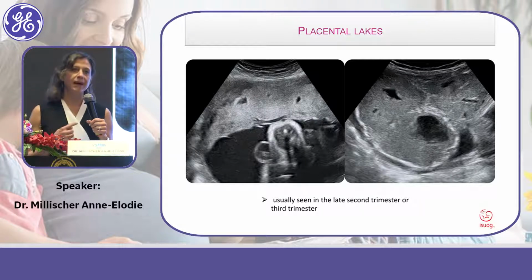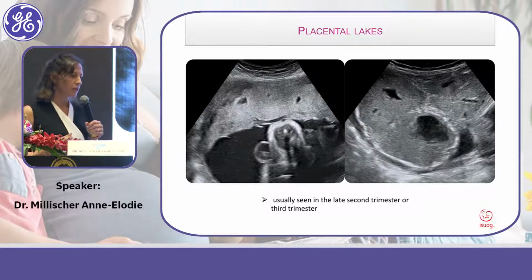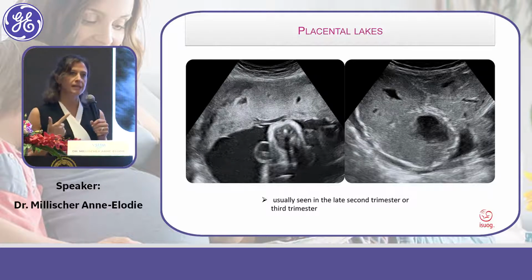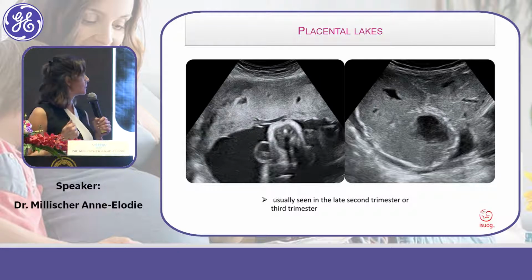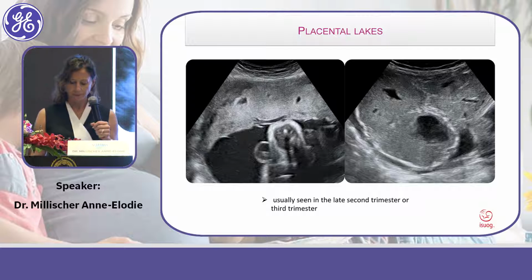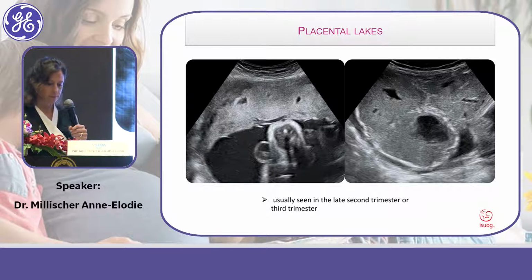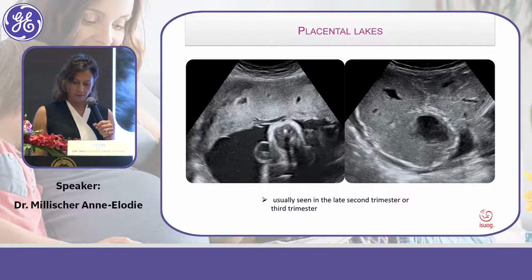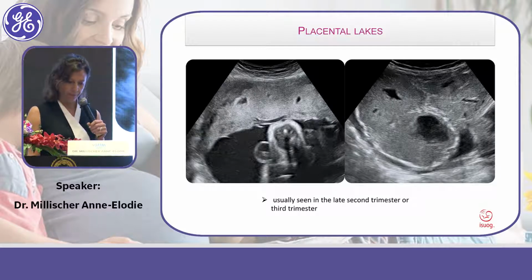We have to keep in mind this kind of picture to be able to differentiate those lacunae with the lacunae present in placenta accreta. Đây là một cô muốn nhấn mạnh là đây là những cái đặc điểm mà các bạn nên phân biệt với một cái hồ huyết bình thường ở bên tay trái và một cái lacunae ở trong nhau cài ở bên tay phải.